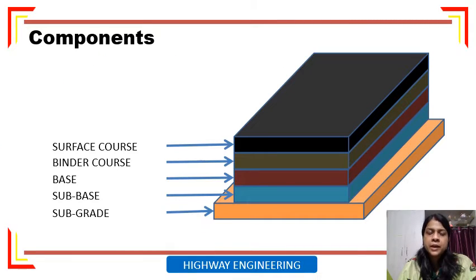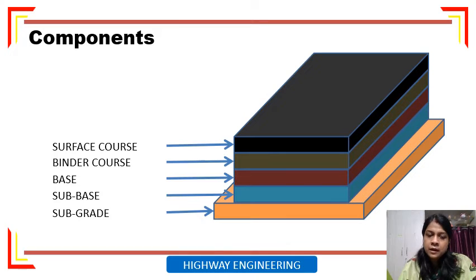Then what are the various components of a flexible pavement? The bottom layer, as we can see here in the pictures, is the subgrade, meaning it is the earth surface on which we prepare our road pavement. So different road pavements consist of 4 or 3 layers. Somewhere these are 4 layers and somewhere, without the surface course, these are 3 layers.